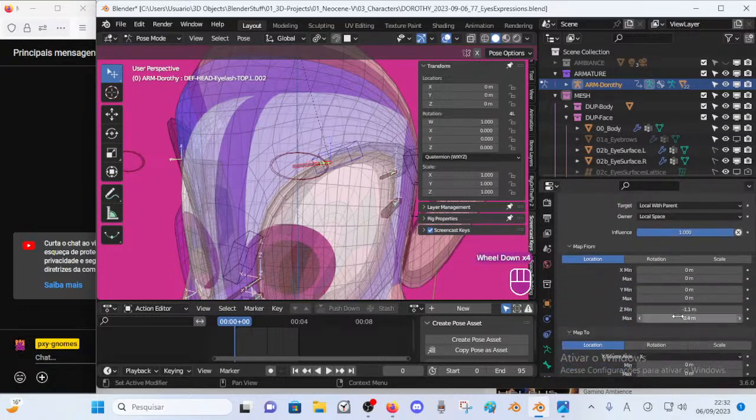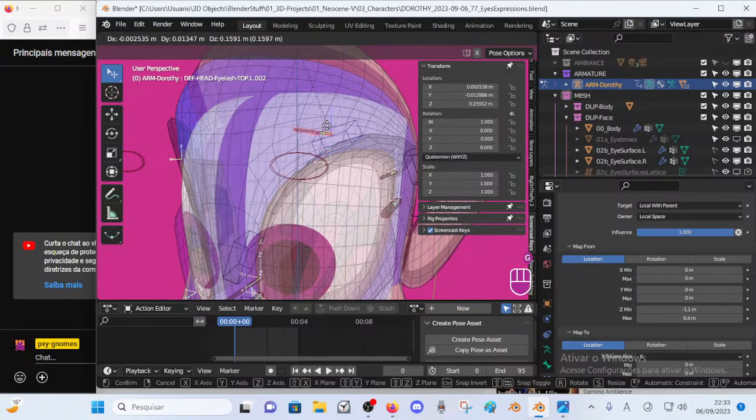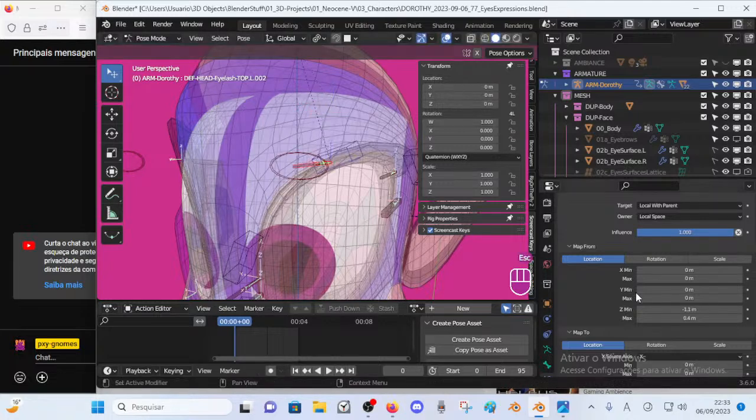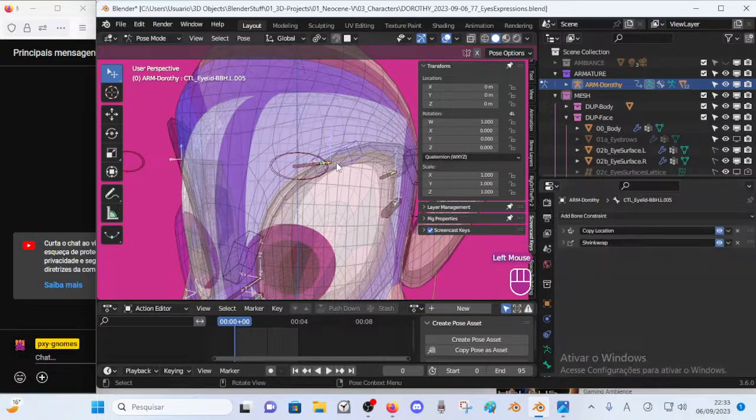So I want to map from on the z-axis, right? So the positive, let's say it will be 0. Why not 0.3, in case we wanted the eyelid to go that far. Yes, maybe it's required. 0.3, okay, maximum 0, and actually 0.4, so okay, 0.3 then.